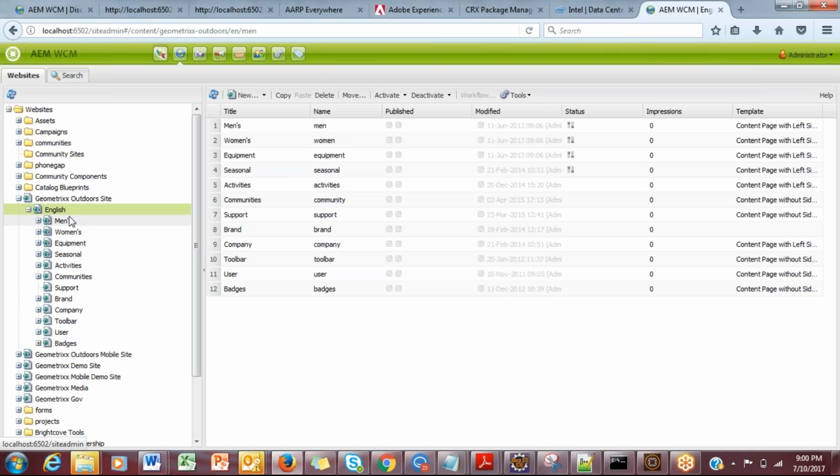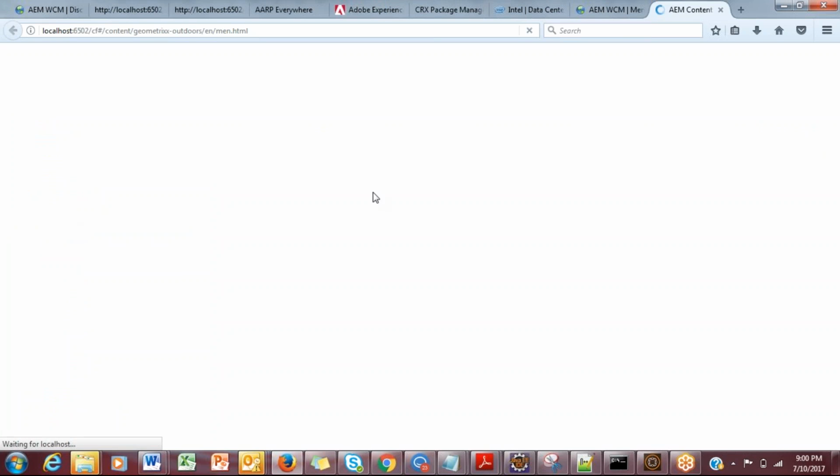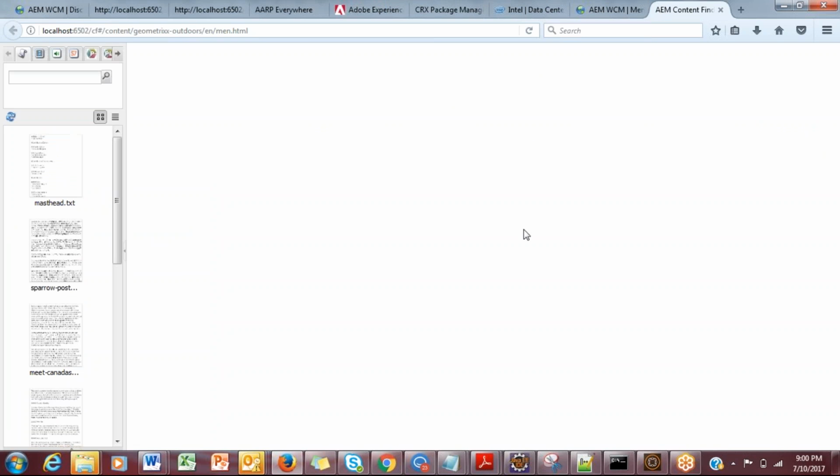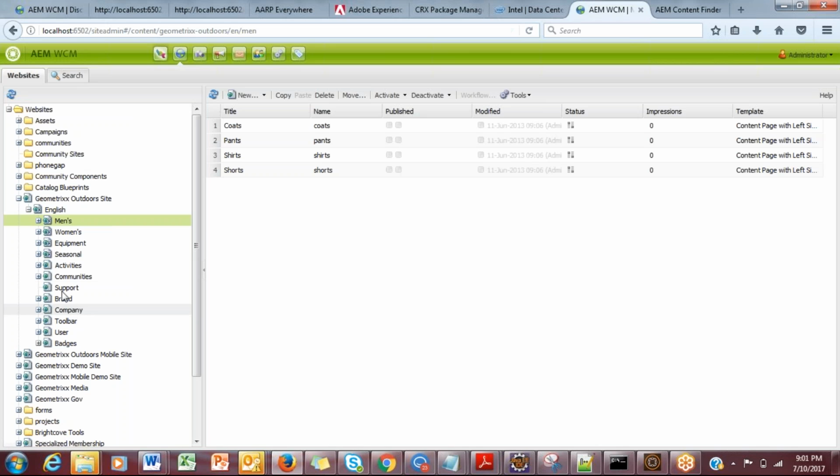Okay, so once you log in here, this is an e-commerce website. So this Geometrixx here, you would get it once you start the server, and this is a fictitious website given by Adobe.